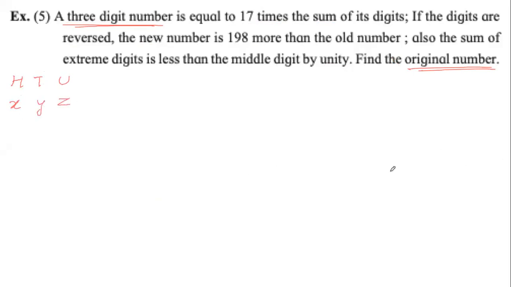Now, the moment we do this, we are getting 3 variables. Don't worry, we are trying to understand the question. We are trying to understand what is happening. Now, if this is how the number is, it says a 3-digit number is equal to 17 times the sum of its digits. Now tell me, if we have X, Y, and Z, how do we convert this first sentence into a mathematical equation? Speak or type? Waiting for your answers.